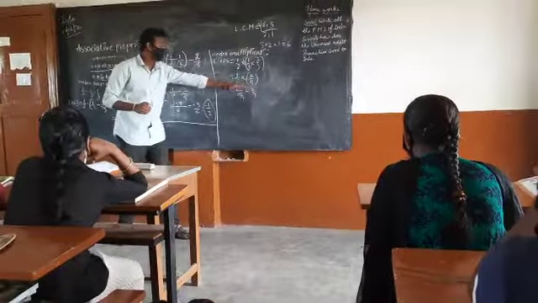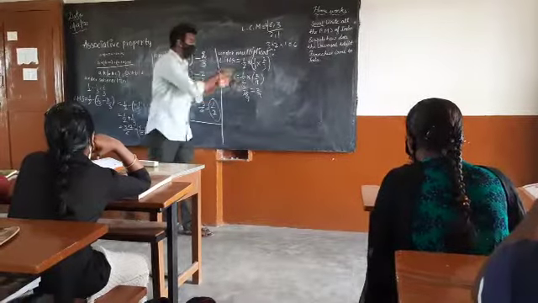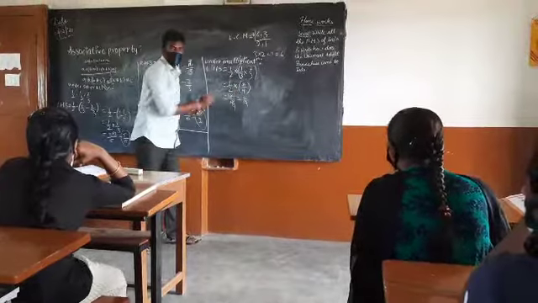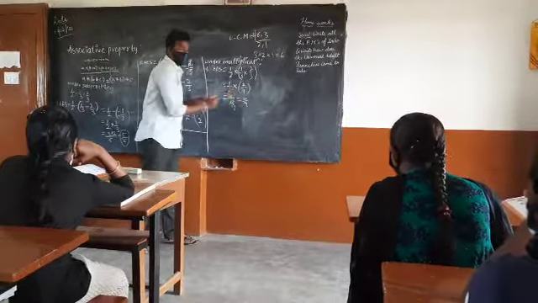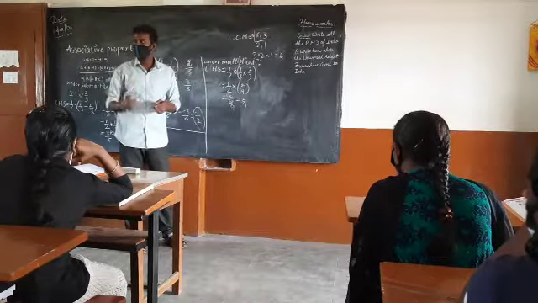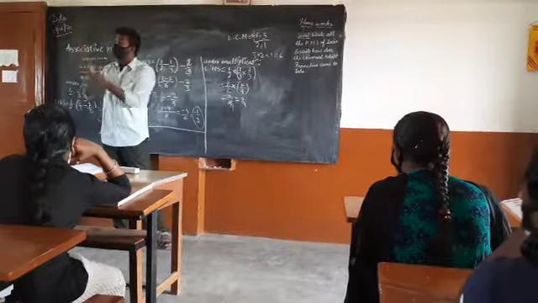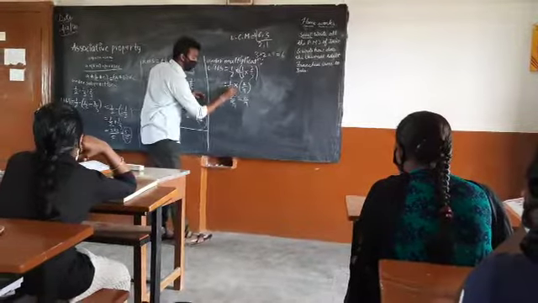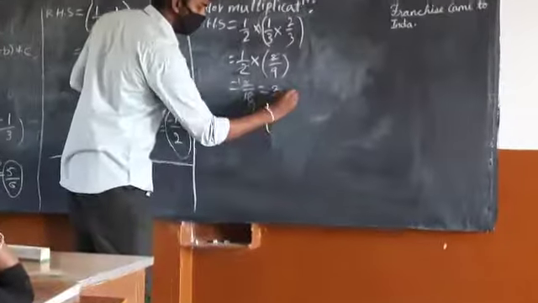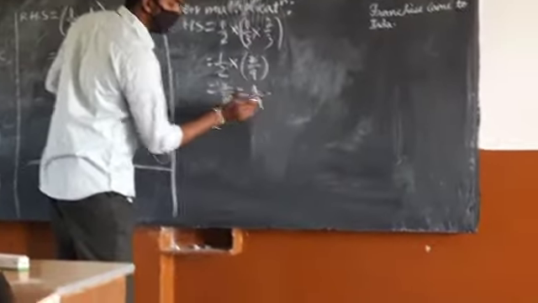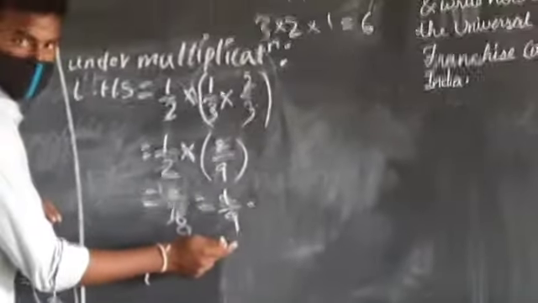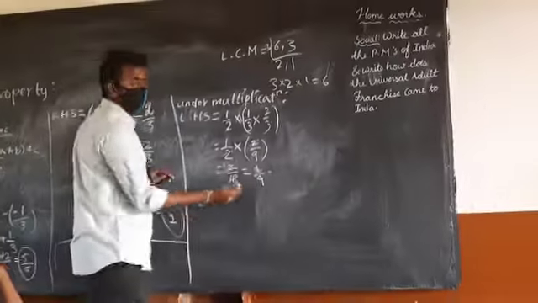I'll suggest a tip. While doing multiplication, before actually multiplying, try to cancel the numerators and denominators. Only in multiplication, remember. If you do that, it will reduce half of your burden. Let me show you how. If you cancel this 2 and this 2, 1 into 1 is 1, and 1 into 9 is 9. Understood what I meant? Okay.